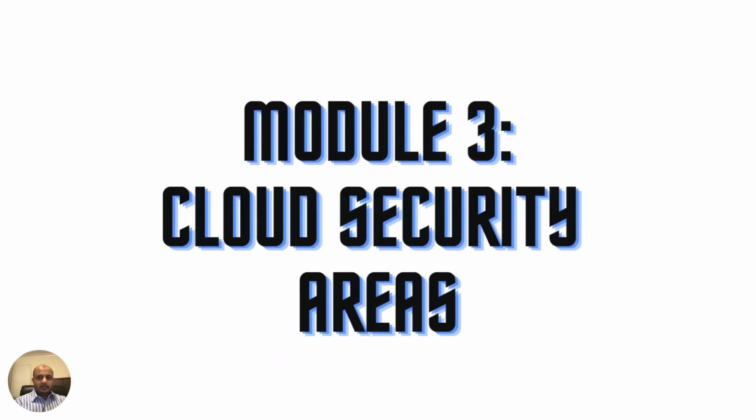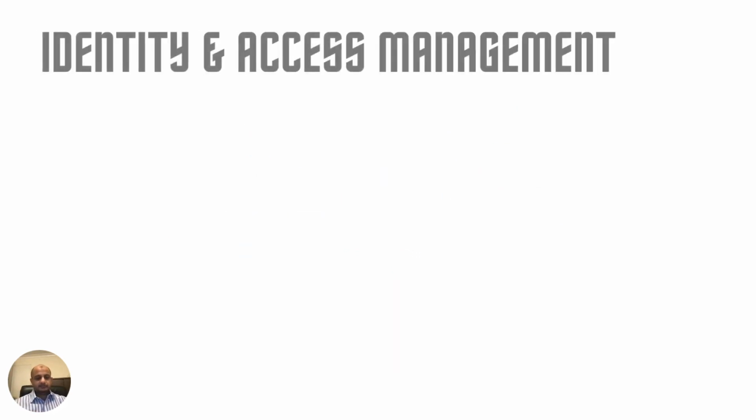Now that we have done a big overview of cloud security, let's deep dive into the cloud security areas. There are multiple areas in the cloud you have to think about when you're implementing cloud security. Honestly, there are like 5 or 6 of them, and I could talk about each of them for like 2 hours. But let's get rolling on this and give you foundational knowledge. And if you want me to do a deep dive on any of these topics, let me know, and I'll be happy to make another detailed class on this.